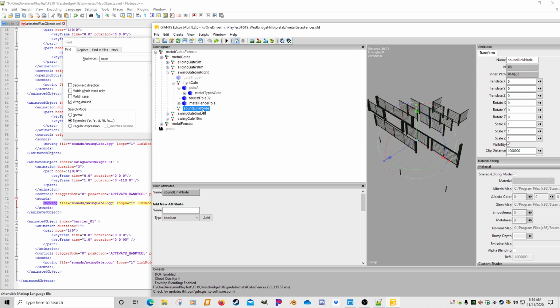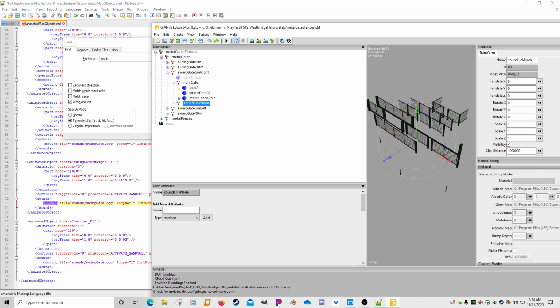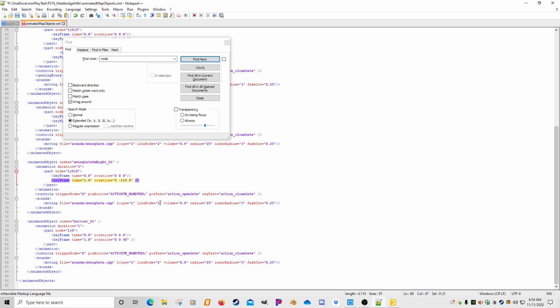But sound link node, same thing. We remember 002 is the standard, so we could simply just copy that too if you wanted. But just remember 0, 1, 2. So we just need the 2 in there instead of the 5. That's why it's giving us the error that there's only 3 childs. So if we save that now,